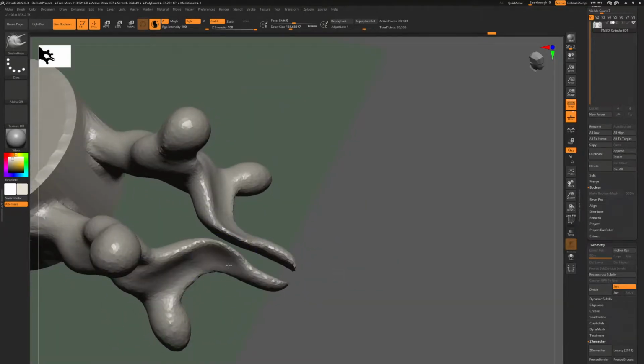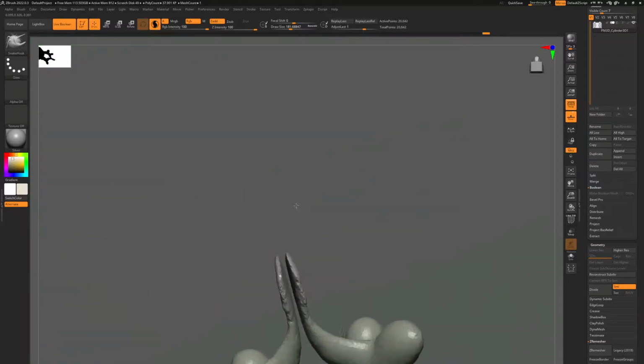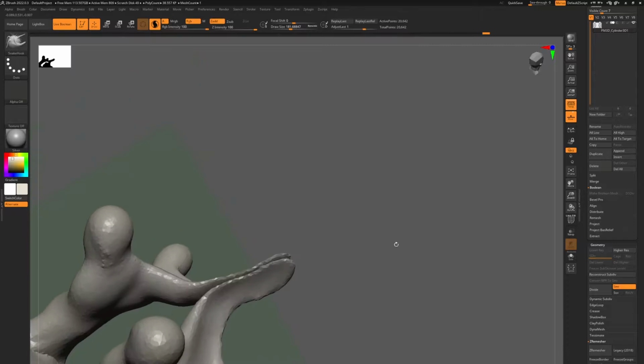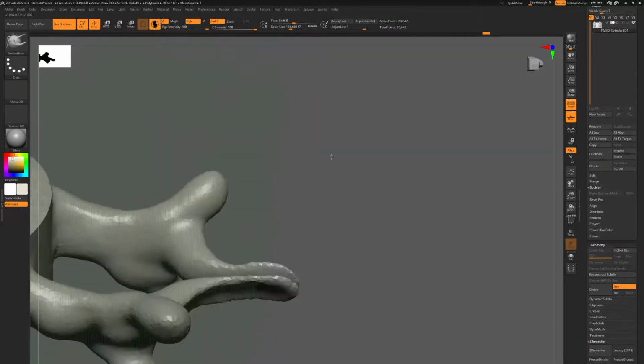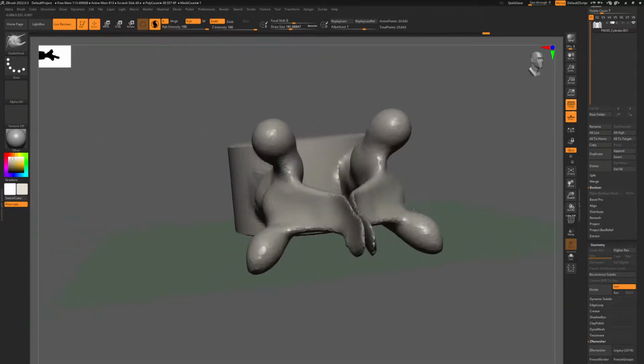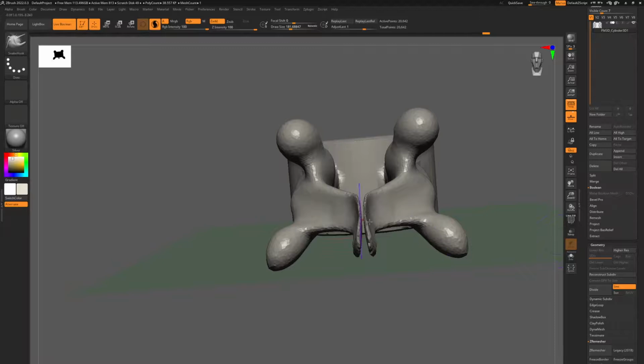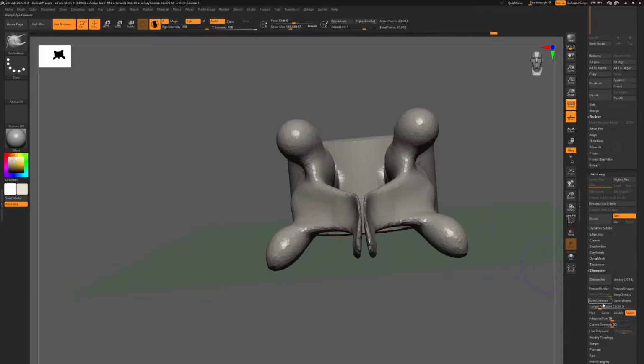And now you can see that these are two separate objects, and so that's not very good, because I don't want to give them a spina bifida occulta. So what I'm going to do is I'm just going to dynamesh it. And the dynamesh should close that gap, hopefully, if my resolution of the mesh is above the size of that gap. So I'm going to come over here to dynamesh and click dynamesh,